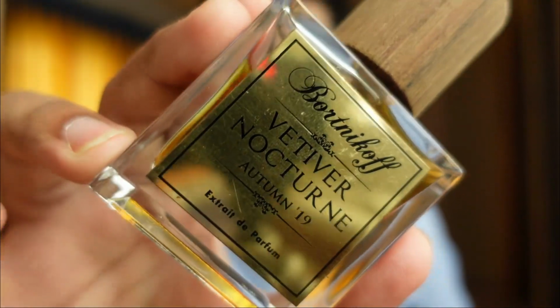The next one is again, I won't say it is not discussed in the fragrance community because it is discussed, and I think it is a bit underrated. This is Vetiver Nocturne by Botnikov. Now this is an artisanal perfume having maximum number of natural ingredients, and amazing stuff, I'll say. But the thing is that you need to be a bit